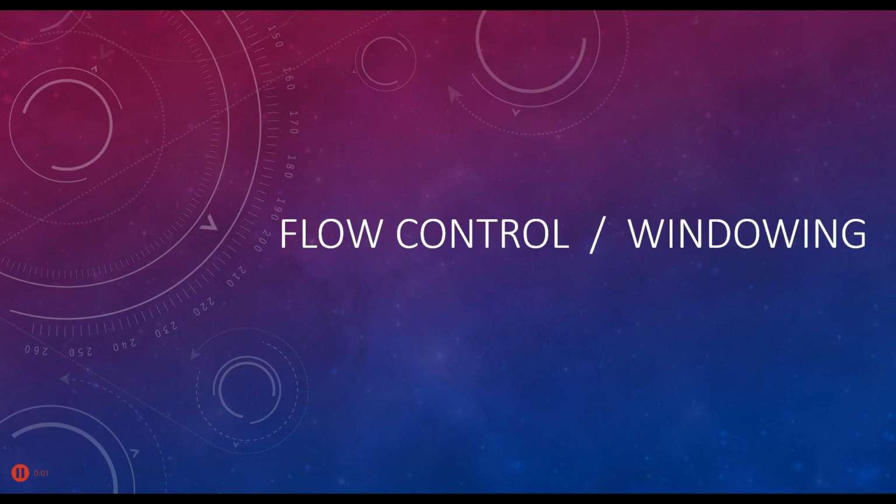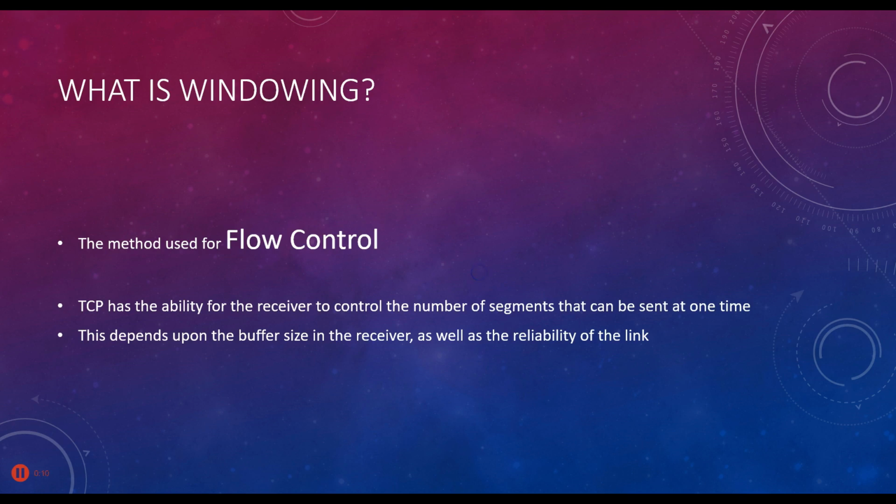I said in an earlier video that we would talk about flow control later on. Well, this is that time. Flow control uses something called windowing, and we're going to talk about windowing now. Now, TCP has the ability for receivers to control the number of segments that can be sent at one time,